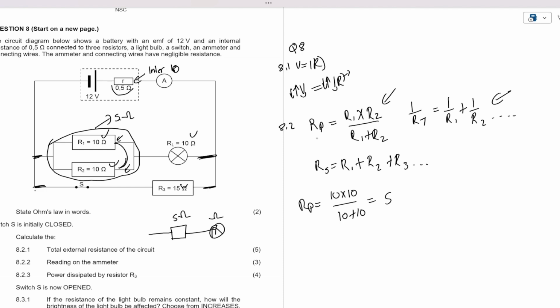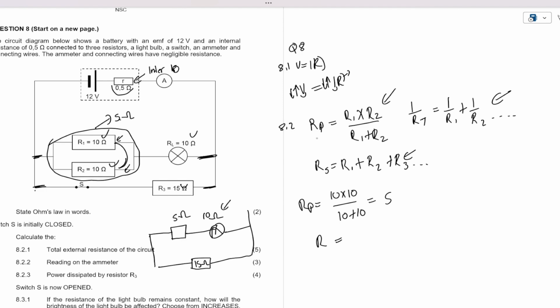10 ohms. So we are treating them like this, and then they are going to connect in parallel to this one, which is R3, which is 15 ohms. So we have learned to group resistors. That's why we are adding this one in series. So we are going to say R equals, we are going to add them in this fashion